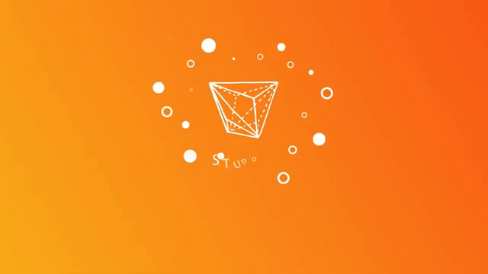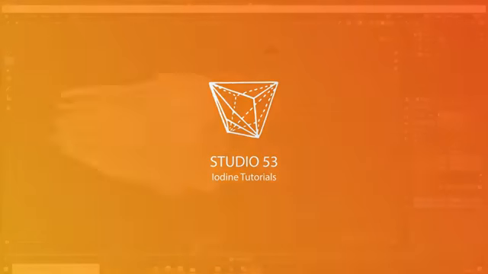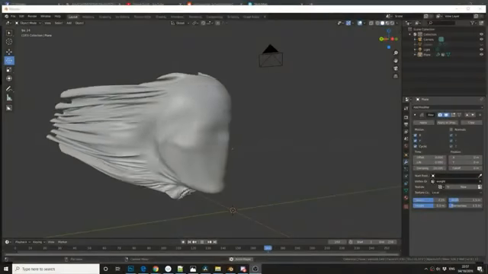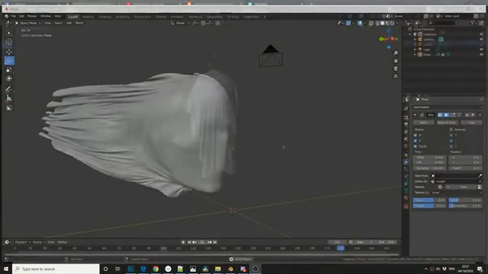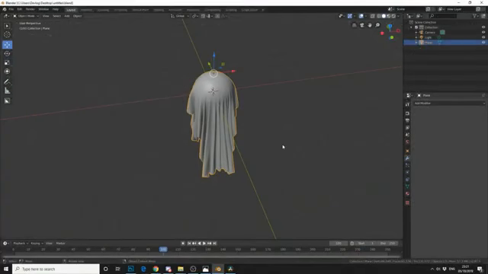This is part 2 of the cloth simulation tutorial. So this is going to address adding a weight map, doing a quick cloth sim over an object, then just using a wave modifier. So if I jump into weight paint,